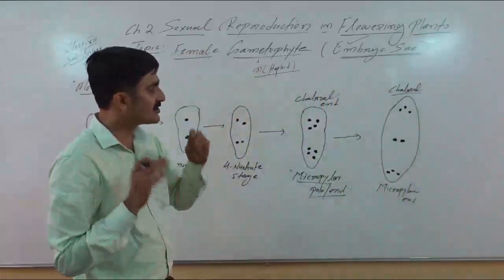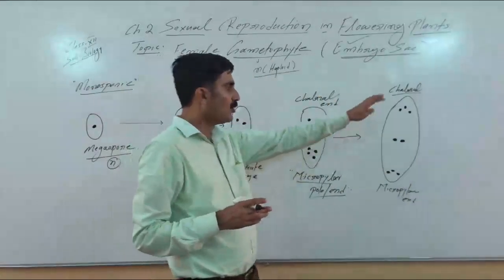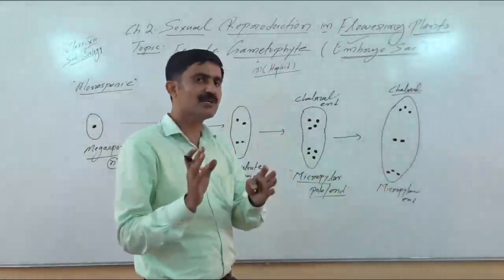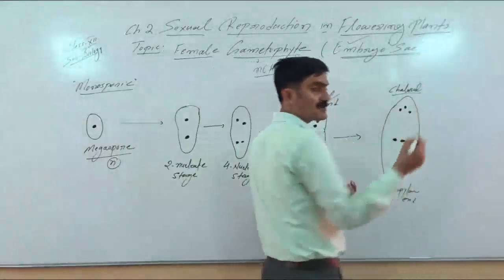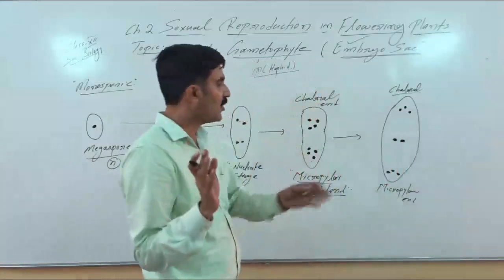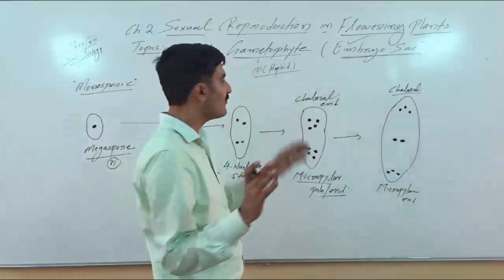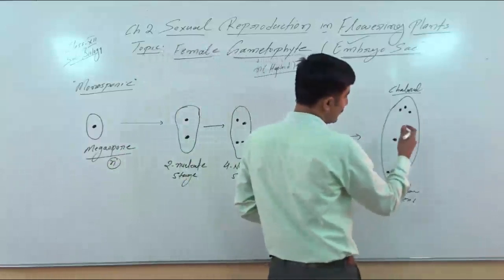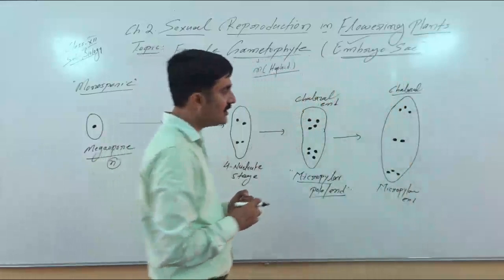cell. Now very interesting thing we have to note here, that out of these 8 nucleus, 6 nucleus will undergo the formation of cell wall. There will be formation of cell wall. So remember, out of 8 nucleus, during cytoplasmic division, cell wall formation will take place in surrounding of the 6 nucleus. Okay, 3 nucleus towards chalazal end and 3 nucleus toward the micropylar end.